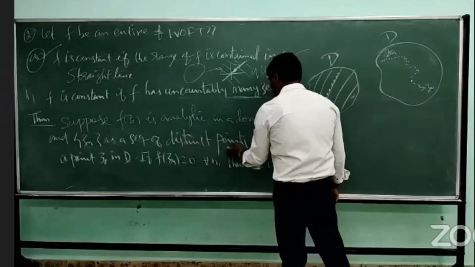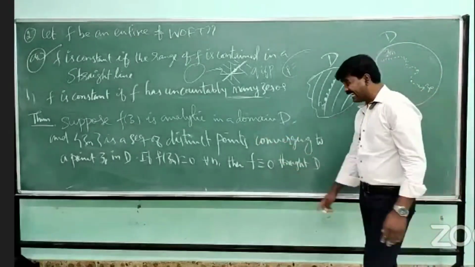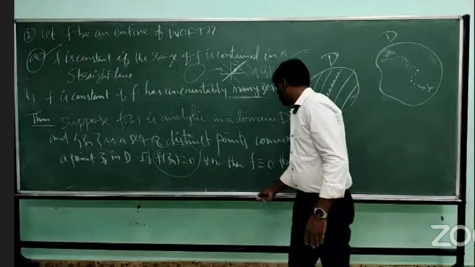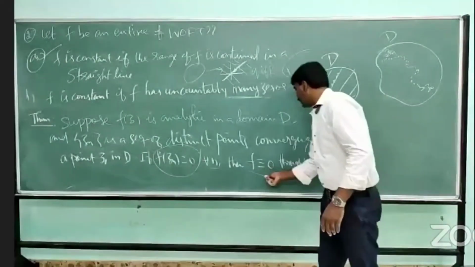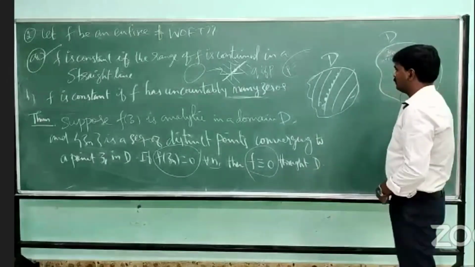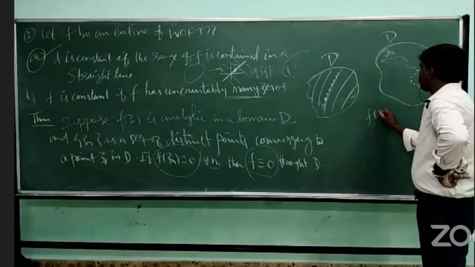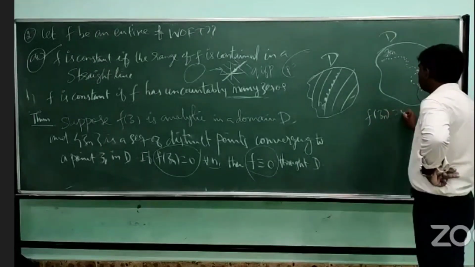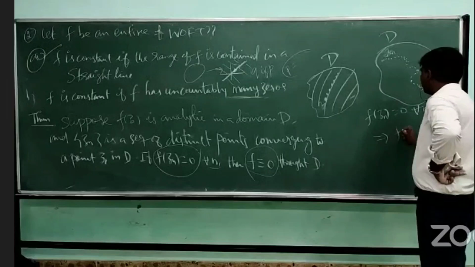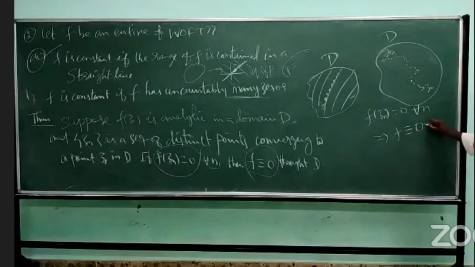So Zn is a sequence of distinct points converging to a point Z0 in D. If f of Zn equals 0 for every n, then f is identically 0. That is what the uniqueness theorem says: f of Zn equals 0 for all n implies f is identically 0 throughout D,